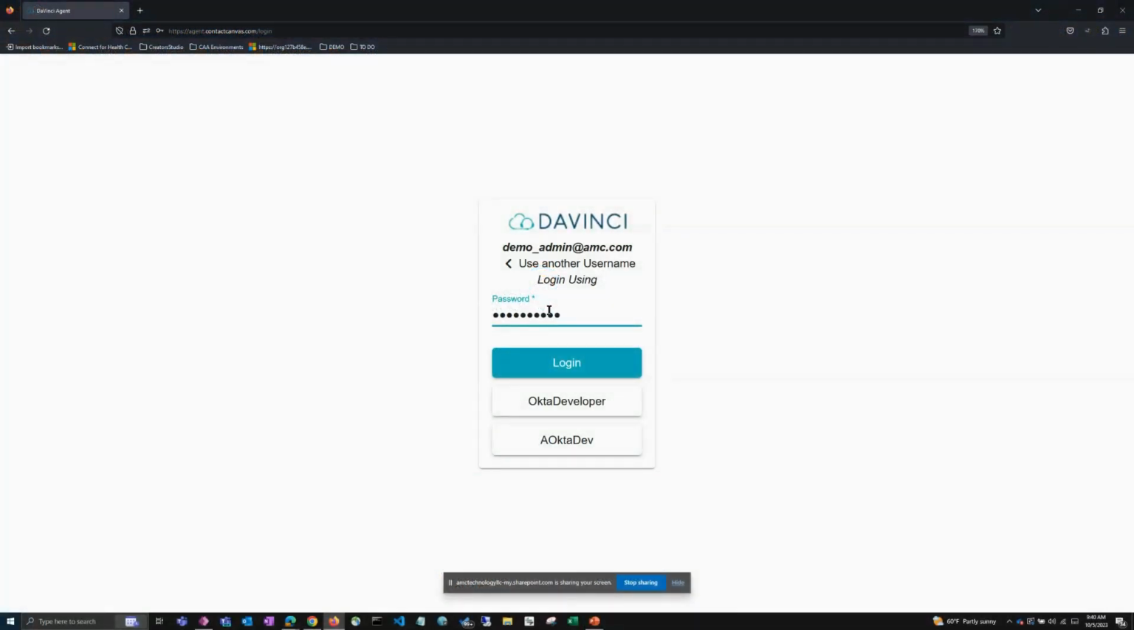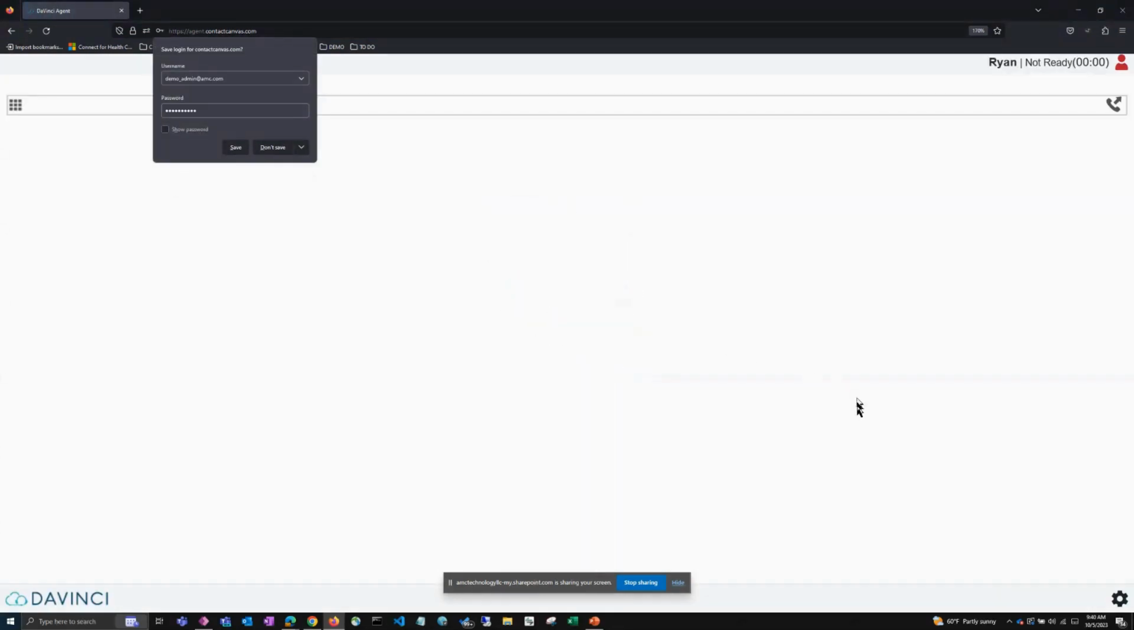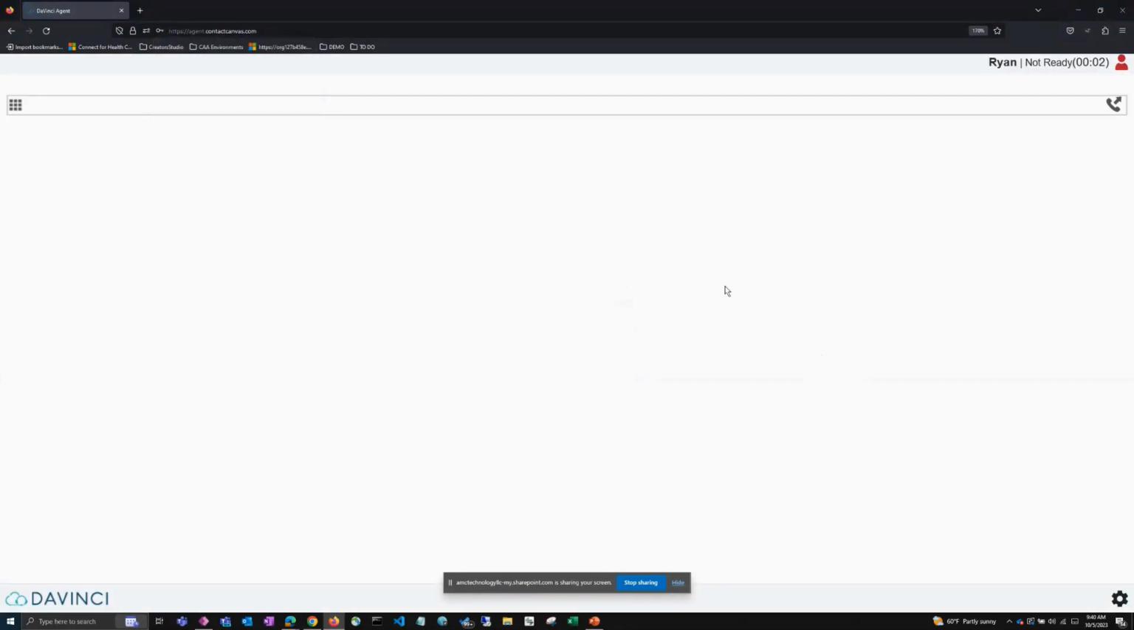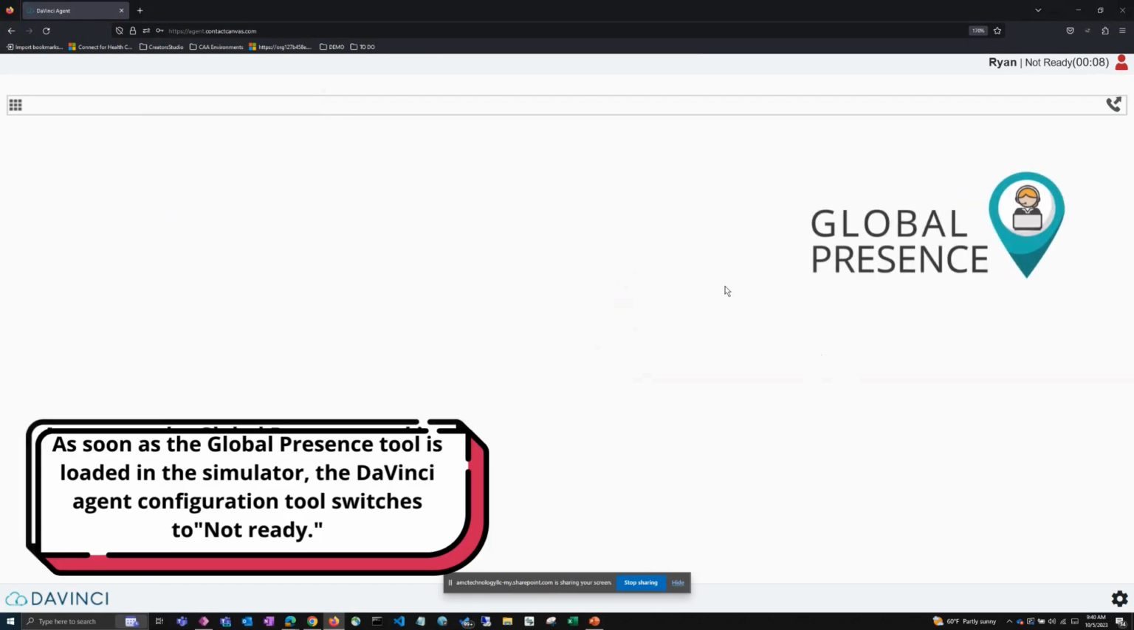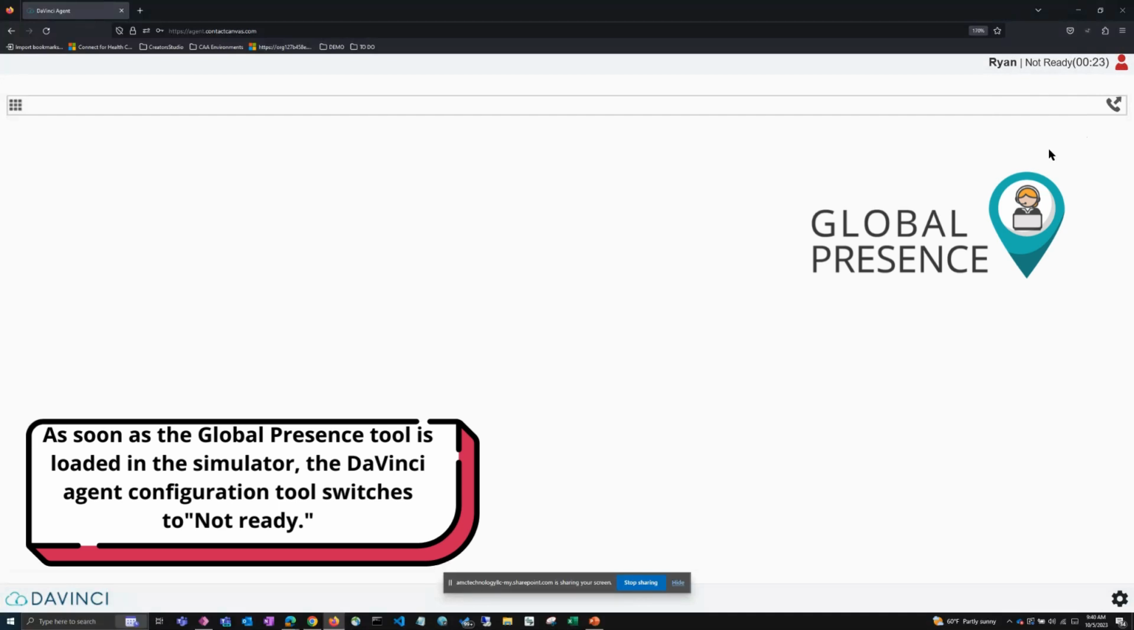As I log in, what's going to happen is the DaVinci profile is going to download all of those components into my browser session, and the agent configuration tool, I have my global presence. And what happened was, as soon as the simulator loaded, it set itself up and set itself to not ready. And then it set a message on the framework that the global presence picked up and said, oh, I'm not